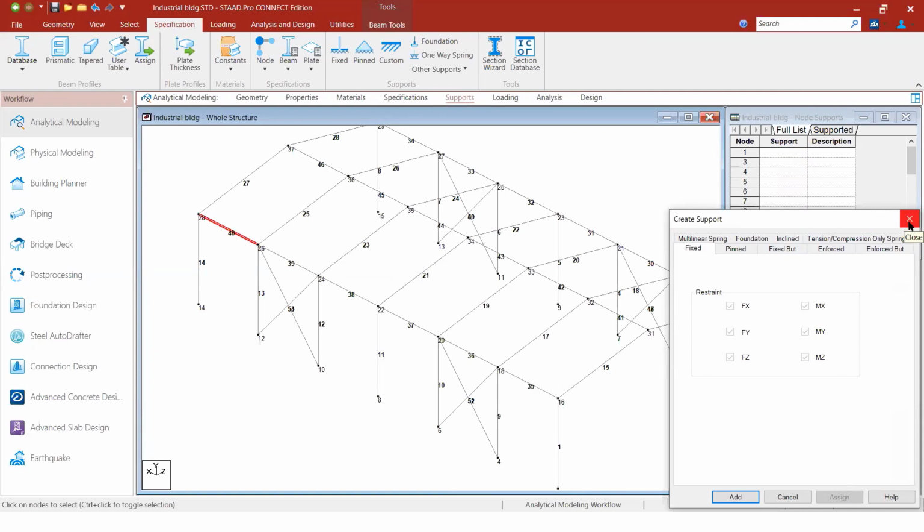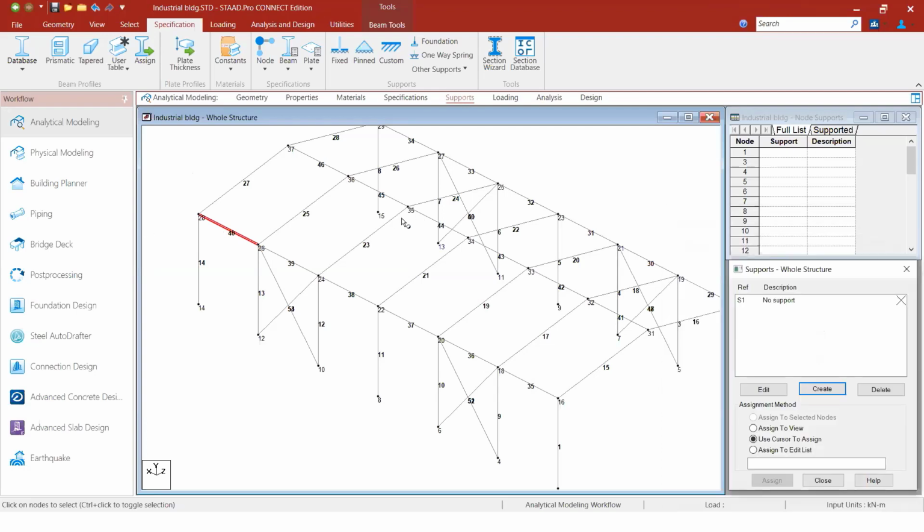If you are designing a braced frame, then you probably don't need to provide a fixed support. A pin support is cheaper and requires much smaller pedestals. So this is a braced frame, right? If you are designing a moment frame, you probably still want to try it with a pinned support. But if your deflection is excessive, then you have to change it to a fixed support. So to control the deflection also, you can go with a fixed support.